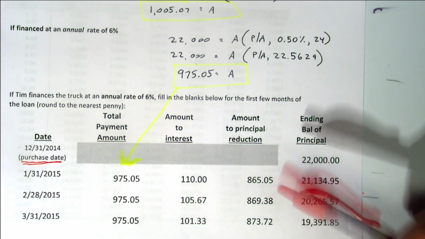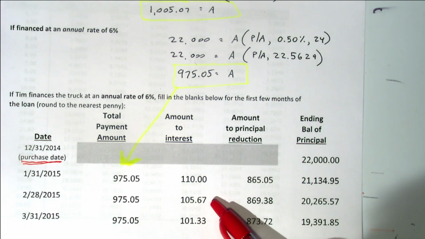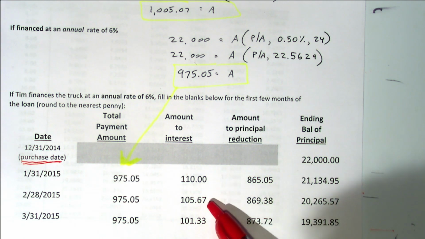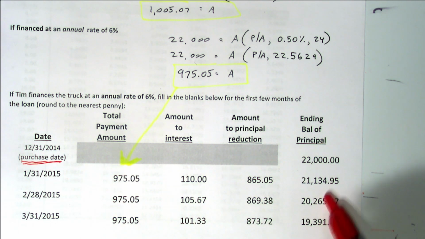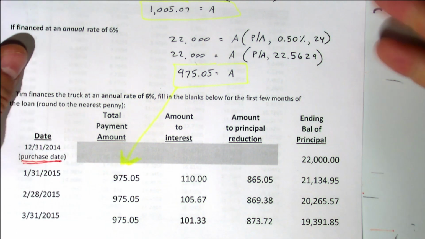The logic stays the same on the next row. It is 0.005 times this number, equals that. This number equals that minus that. And this number equals that minus that equals that, right? In the same way with the March 31st. Did you guys get those numbers? Okay. All right.